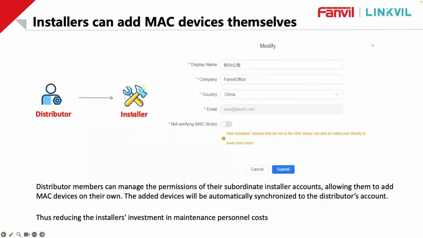It's important because with that feature, the installer will not depend on the distributor to add the MAC address associated with a specific device, okay? The distributor members can manage the permissions. Obviously, the installer will need previous permission from the distributor for that option, okay? So basically, when the distributor creates the installer account, they only need to enable or disable that option, okay. If that option is enabled, okay,